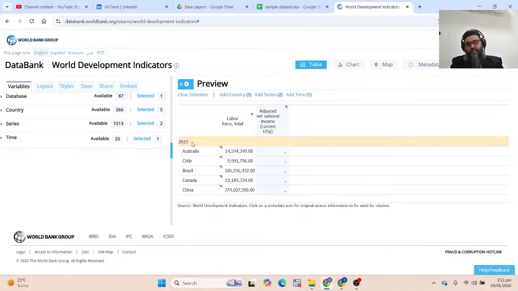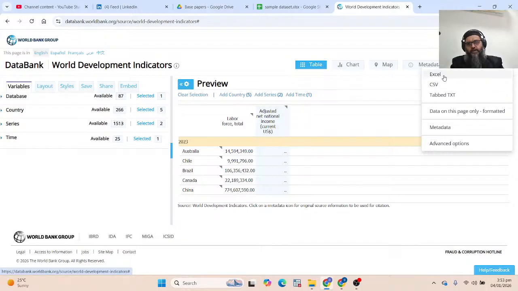Cross-sectional data. Same time and multiple entities. Now you can download this cross-sectional data.